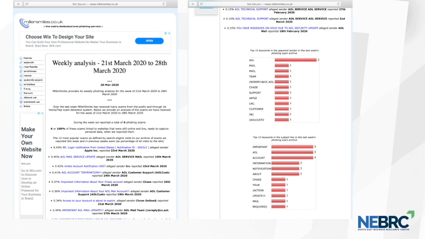And don't just take my word for it. Don't worry if you can't see the web page here. I'll give you the link at the end of the slide deck. But basically, it is a weekly update. It's freely available information on phishing emails, like a central repository for phishing emails across the world. And you can see that this is an analysis taken towards the back end of March, 21st to the 28th of March. And if you look at the two tables on the right, the top table is telling us